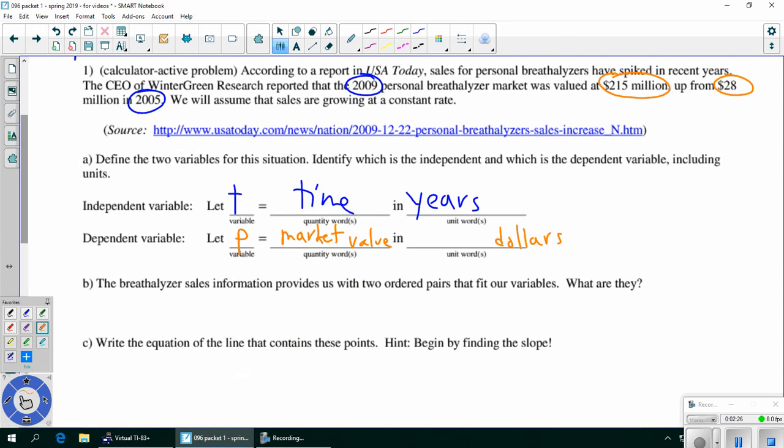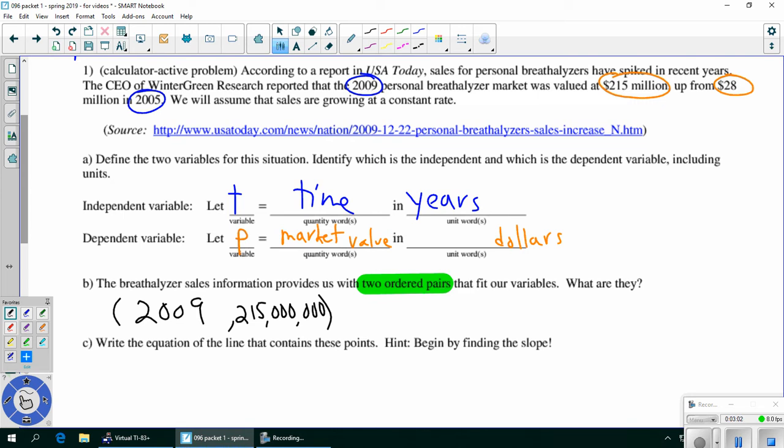And now we are going to translate the paragraph into two ordered pairs. So the first pair has to do with the 2009 and the 215 million. So we'll write it in parentheses with a comma in between. Remember, time is your independent variable, so we put that one first in the x position. So the first year I see is 2009, and then 215 million. And so according to our variables, we actually have to write 2009 and 215 million with all of those zeros